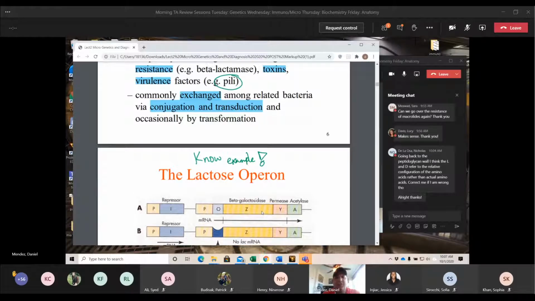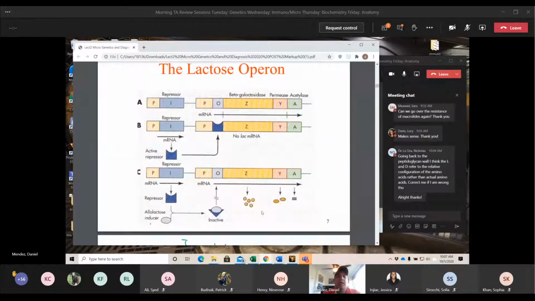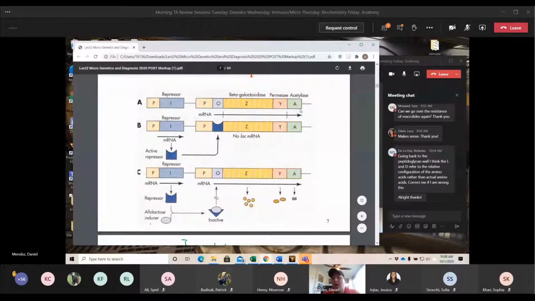So here, this is just the lactose operon, the lac operon. You're going to see this a lot in MCAT studying, if you haven't done that already. This is also just basic genetics. So we have our normal strain right here. A, this is our normal lac operon. In this case, we have the lac operon there, which means we are going to get mRNA. If we have our repressor, the repressor fits in and blocks the operon, then we have no actual mRNA transcript. And then here, slightly different. This is the repressor, but the repressor has an inducer, so that inactivates the repressor, and then we can still get our mRNA transcript. It's just basic genetics. Just be kind of familiar with this example here.